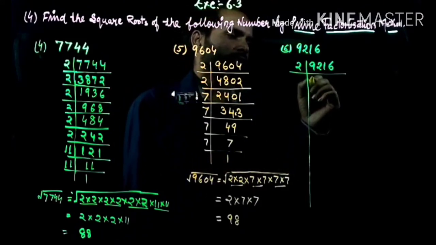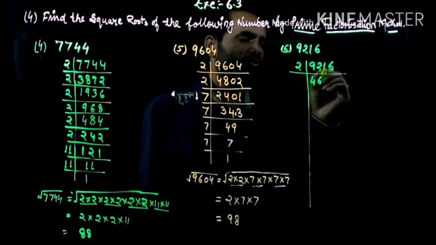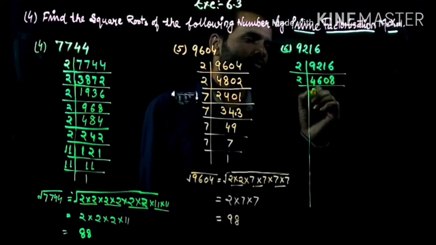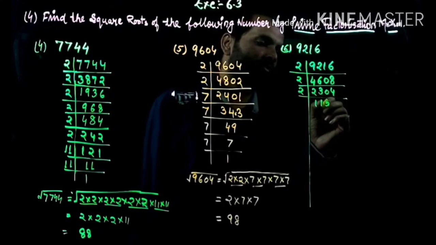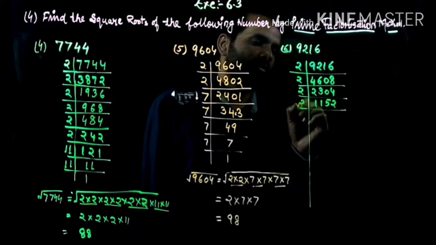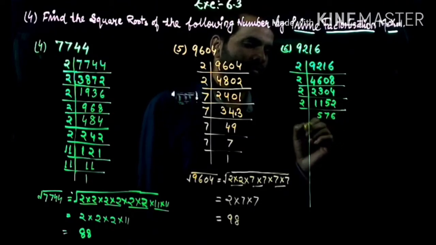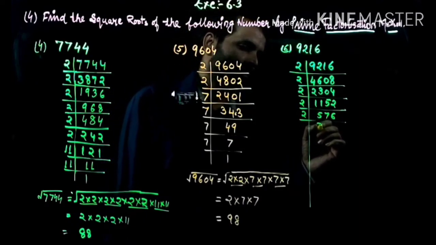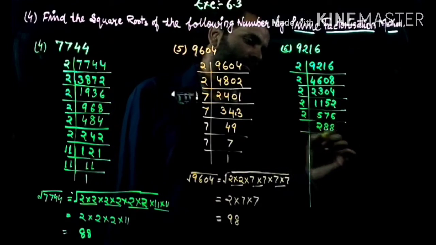Okay, 2 4s are 8, 8 and 2 6s are 12. Okay, and 1 is not going to be divided by 2, it is 0 in 8 time. Again 2 2s are 4, 2 3s are 6, 0, 2 4s are 8. Next will be 2, 2 1s are 2, 2 5s are 10, 2 2s are 4. Again 2, 2 5s are 10, and 6 means 2, 2 2s are 4. Next 2 8s are 16. Again 2.